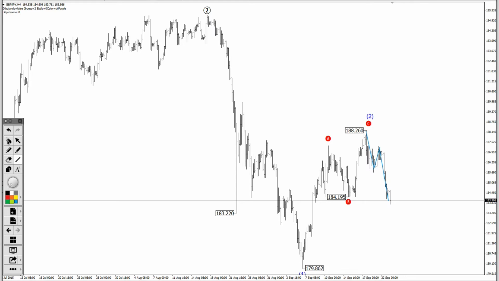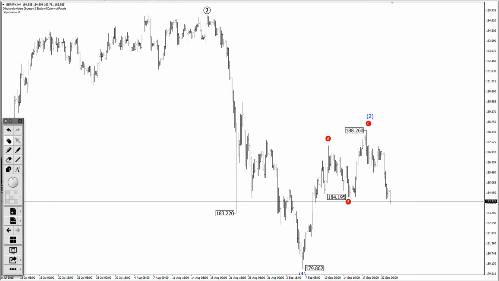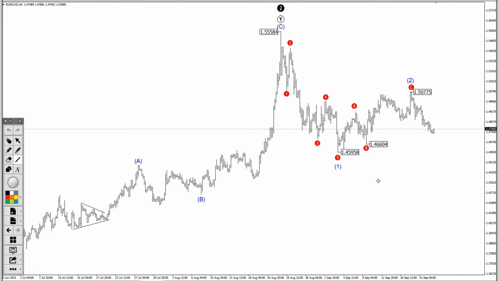Okay, next we have Euro Canadian dollar, which has declined, 147.8 now the price. Yesterday I talked that 146.6 would be one of the levels I want to see broken before this wave count can be on a more solid footing. The decline has been quite mild, but like I have talked before, Euro and Canadian dollar both are very weak right now, so we cannot expect a rapid decline when there is two weak currencies